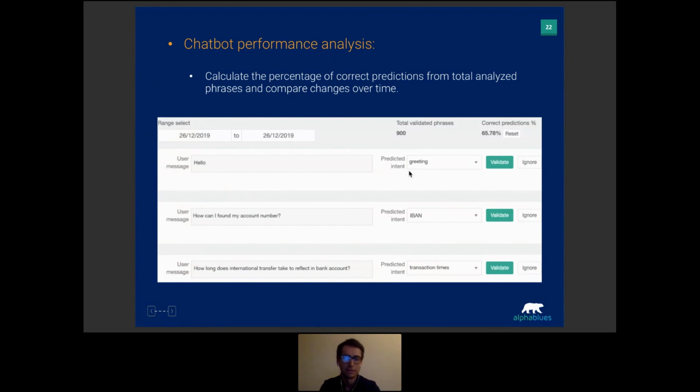Account number is predicted with an intent called something else. So in those cases, as a bot trainer, when you're validating it, the correct prediction rate just goes up, right? And so this is a way where you can measure the accuracy of the bot. We built this tool because it's super relevant and important for bot trainers to see how well their bot is performing. And here you can see it.